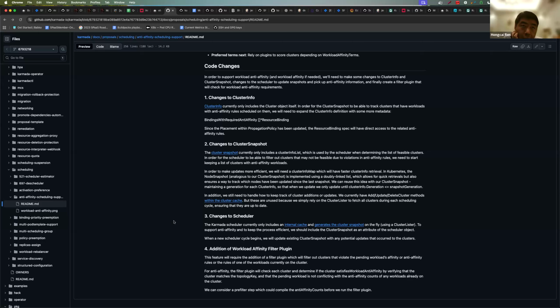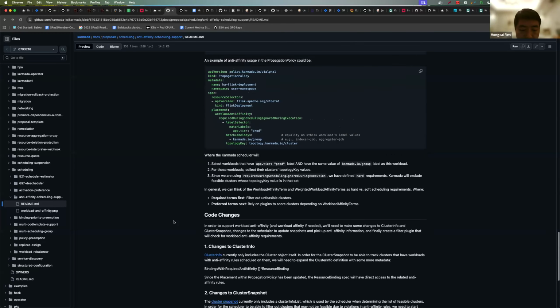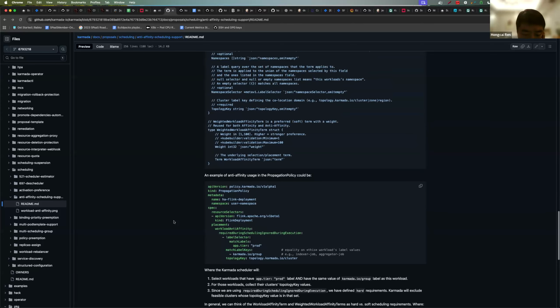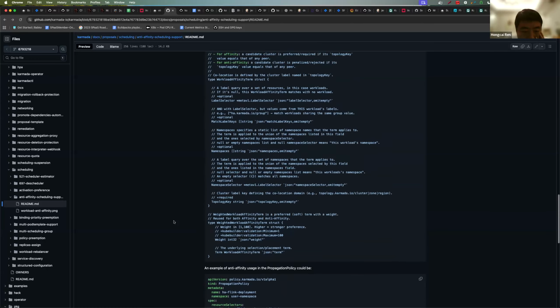Yeah, I think it makes sense to postpone the code changes before we have agreement on the API part. So far I think the use case in this proposal is solid.